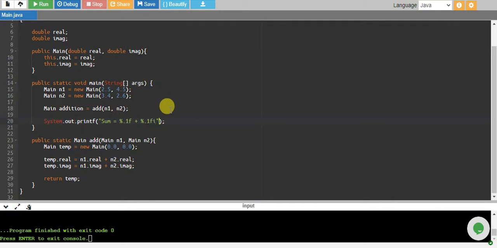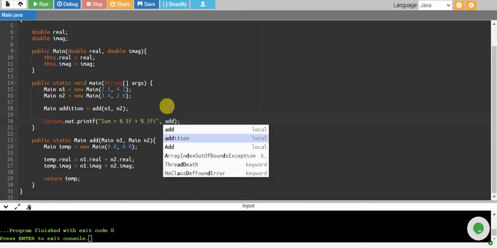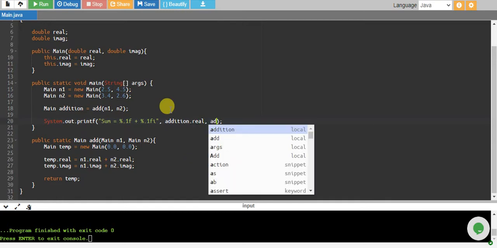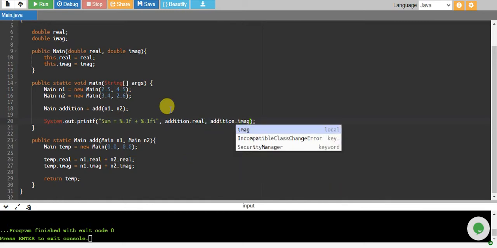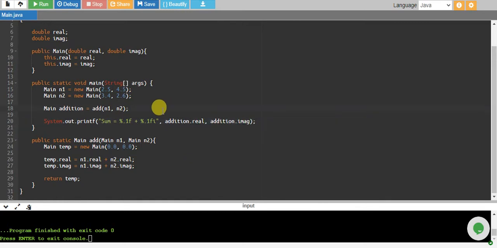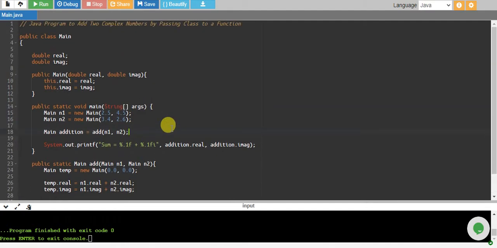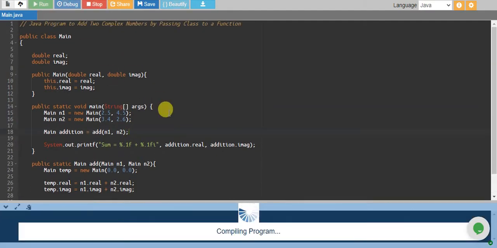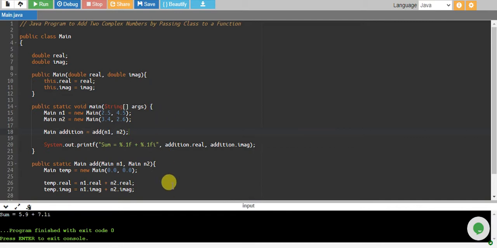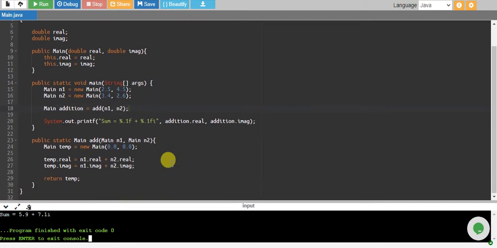Okay, and here I give my addition dot real part and addition dot imaginary part. Okay, so far so good. Let's run and see if this works. And there you go, sum equals to 5.9 plus 7.1 i.